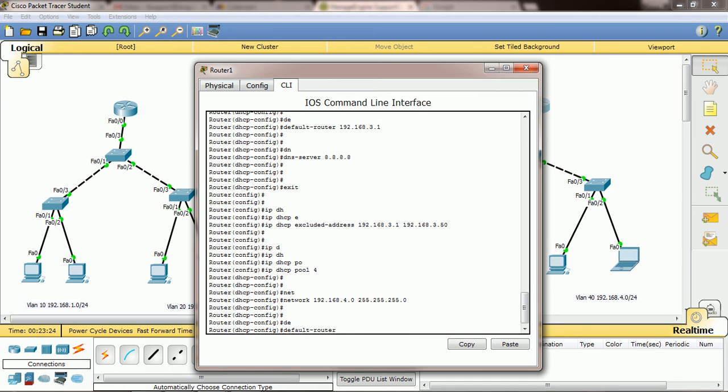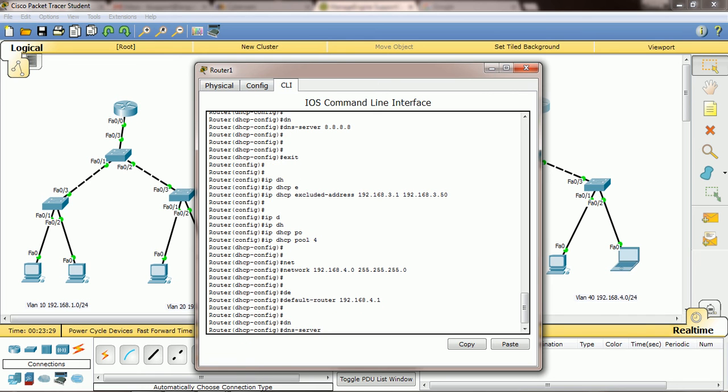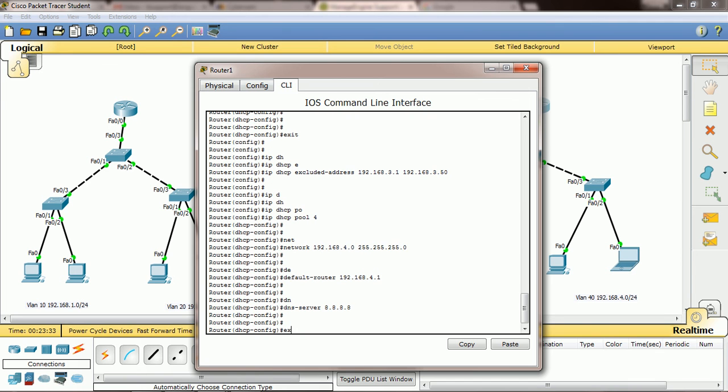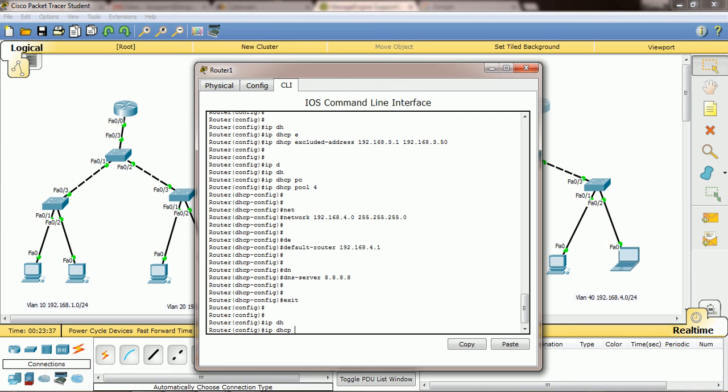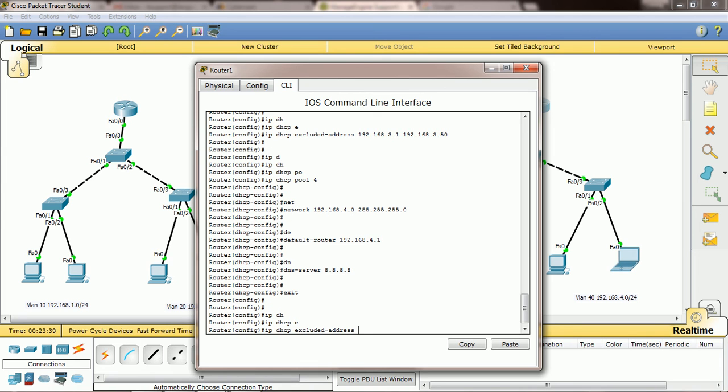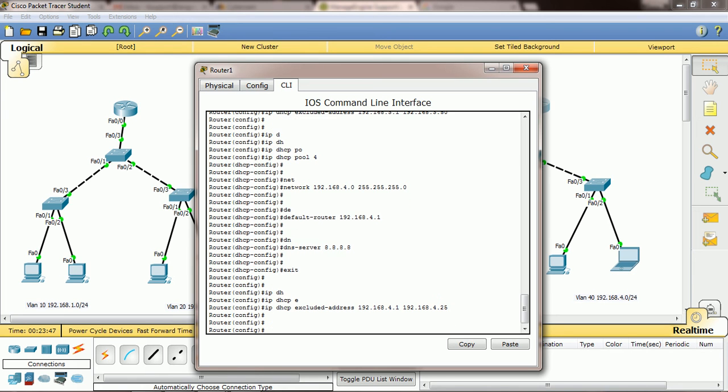Then the default router of this is 192.168.4.1, then DNS server 8.8.8.8, then exit. Then if we need DHCP excluded addresses, you can keep 192.168.4.1 to 192.168.4.25 in this pool. Okay, so everything we did.